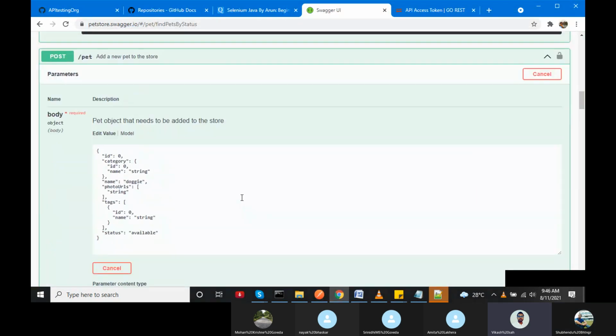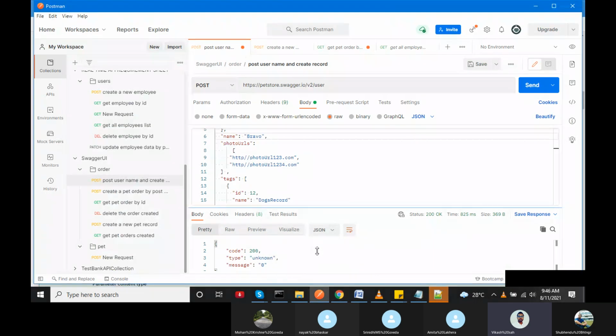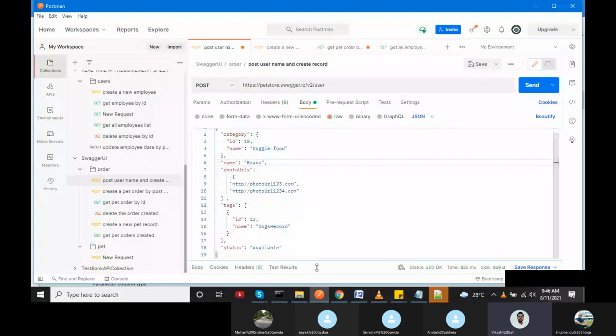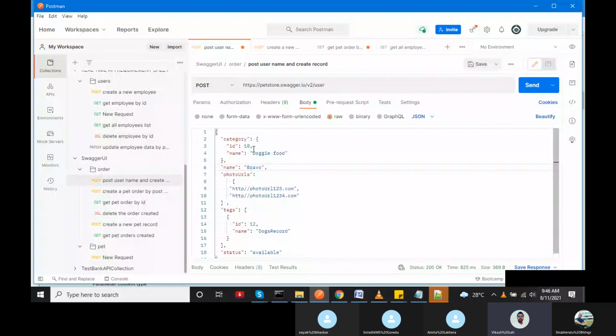So ID, category having ID and name, photo URL string, tag. Okay, now you can go to your Postman.